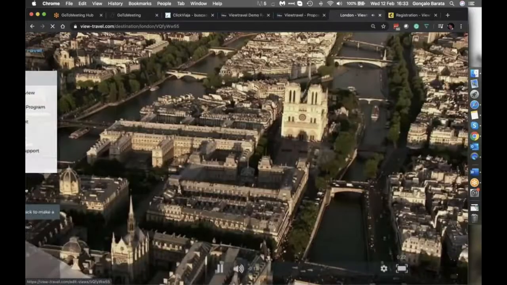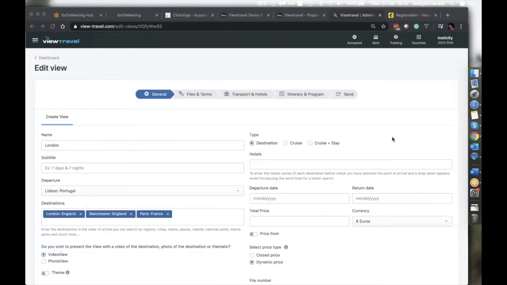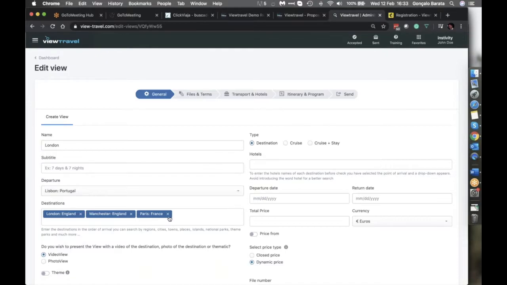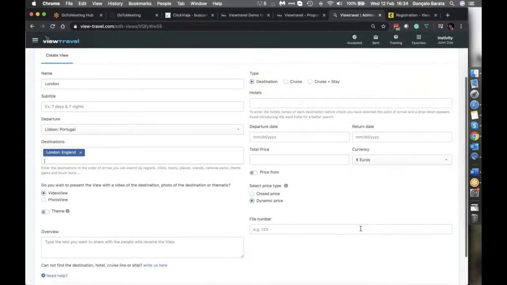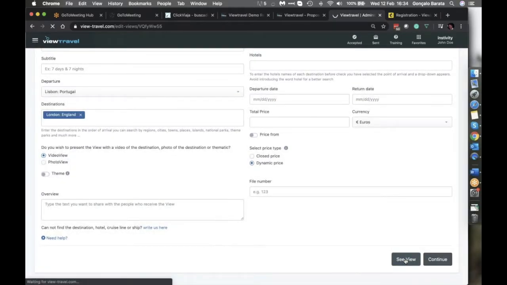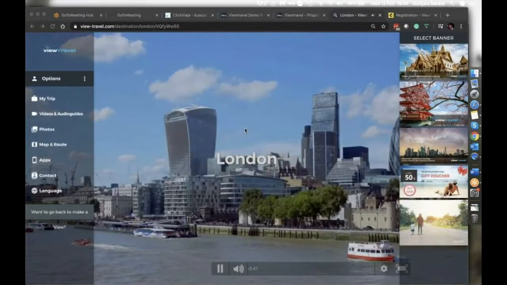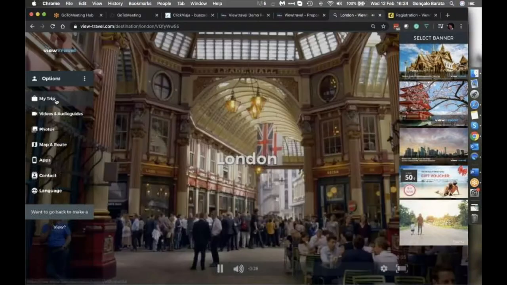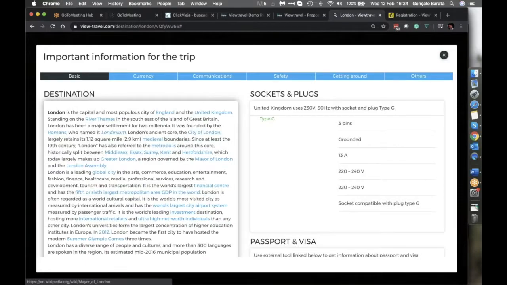Let's go again to the edit view area. Now I want to create a video view. Oh, and let's go back again. Let's just remove this. And now do you want to just share information about the destination with your customer? You not only want to show him a great video about London, but you want to share with him more information about London and what you have there,